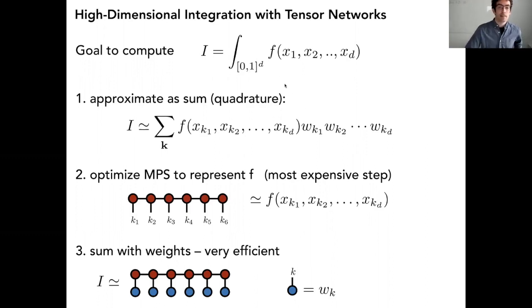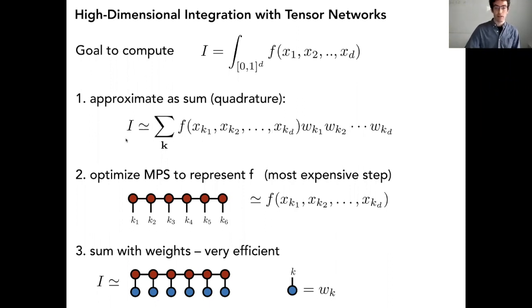But the idea is, let's say we want to compute the integral of a certain function over some arbitrary interval in this d-dimensional space. Then a standard idea to do this is to discretize the problem. So you introduce some kind of quadrature where you select specially selected points indexed by these integers k that go over, say, 10 different values. And then you have to introduce these weights, which are tabulated numbers that you just look up on Wikipedia or something, and then can put here.